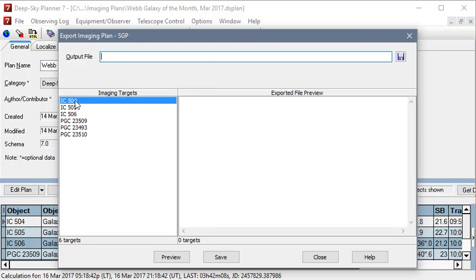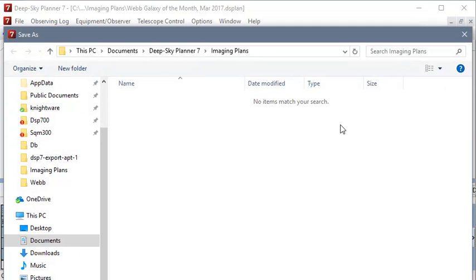And we can see the objects from the plan file listed in the left-hand pane, the Imaging Targets pane. So I'm going to click the Browse button, and I'd like to export this to Webb Society